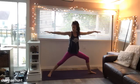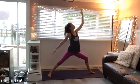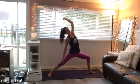A lot of times our feet are closer together than they need to be, and it actually makes it more challenging. Relax the shoulders, take your gaze towards the left fingertips. And then we're gonna flip the left hand, the left palm is facing the ceiling. Reach the left fingertips forward and then up and overhead. So the right hand comes to the right thigh, left arm is reaching behind you, continuing to bend into that